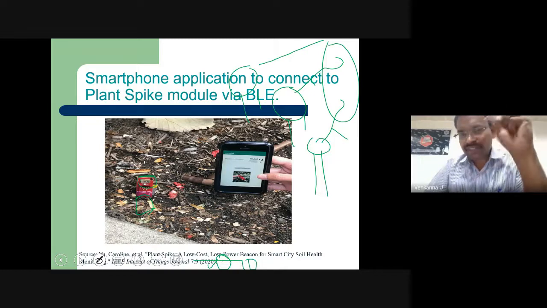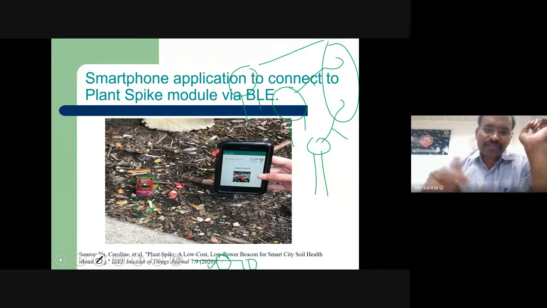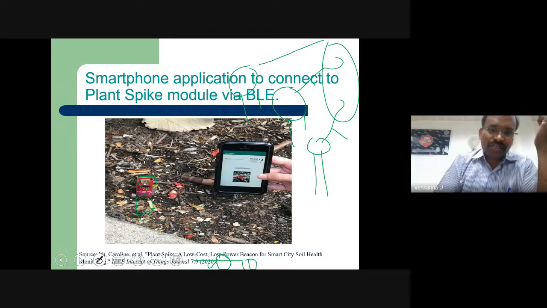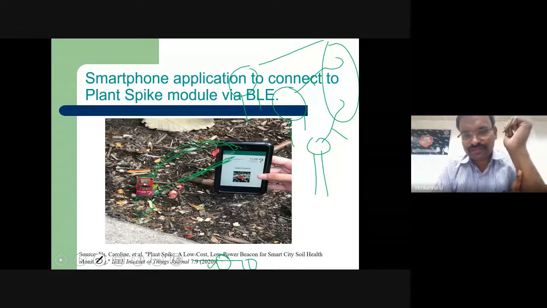With that vision, he deployed a soil moisture sensor in his garden and kept a Bluetooth communication module. He just switches on the Bluetooth and passes through all the sensor nodes. The moment you are near a node, you pair with it and whatever the moisture values are, it sends them. That's all. That is a cost-effective solution using Bluetooth.